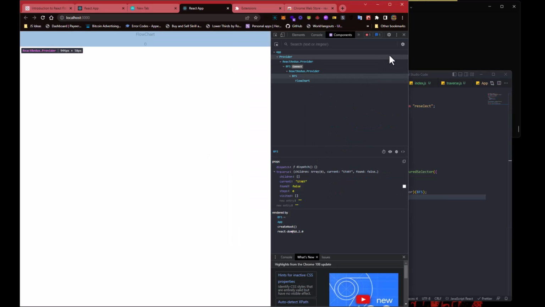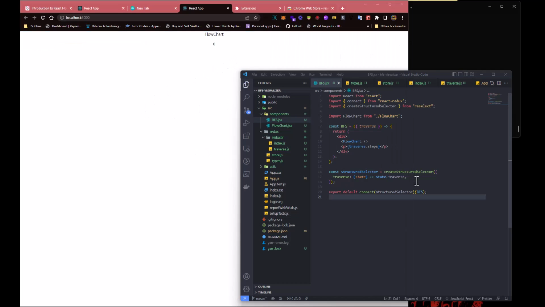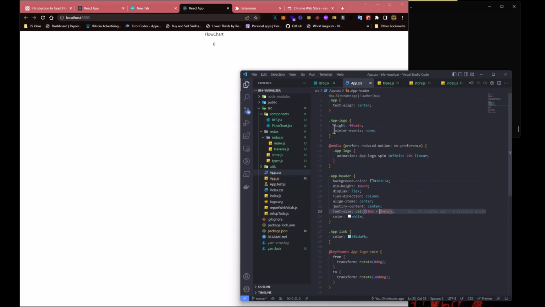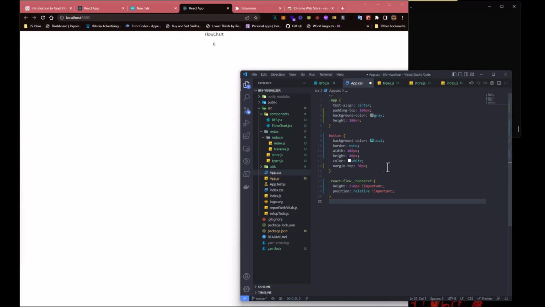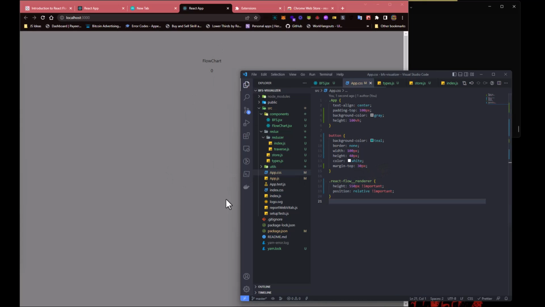So now the next thing we want to do is build our flowchart. So before we do that, I'll just copy my CSS styles into this app.css here. I'll just grab it from my clipboard and paste it. It's just some basic styles here. It's just some little stuff, so you could beautify it if you want. And then